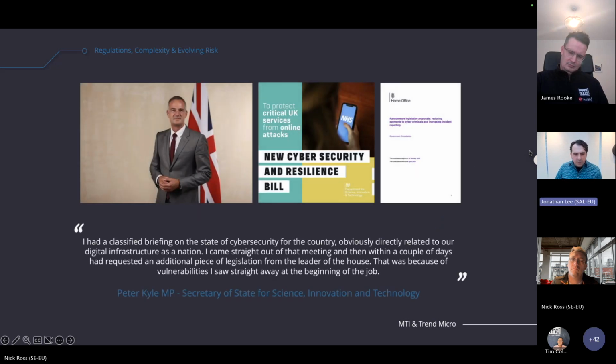This has been identified by the government. So since the government's come into power, they've really recognised the fact that regulation and legislation has lagged behind that of our European counterparts. So, you know, in Europe, we've got NIS2, for example, that never got transposed into UK law. So one of the first things that Peter Kyle, the Secretary of State for DSIT, did was put into the King's Speech the new Cybersecurity and Resilience Bill, which looks to strengthen the regulatory framework around reporting and that kind of thing. And then you may well have seen as well that there's a proposed ban for us in the public sector in terms of paying ransom payments. So again, that's open to consultation at the moment, so I'd urge you to input into that if you've got access to do so.